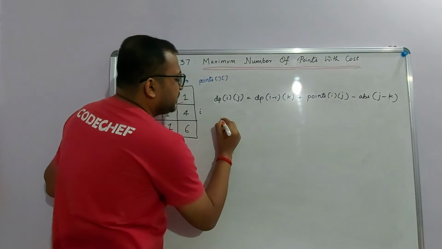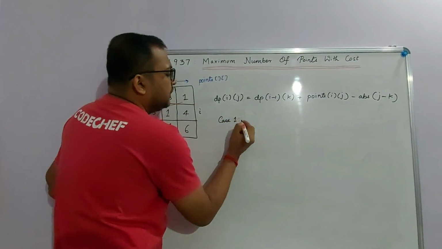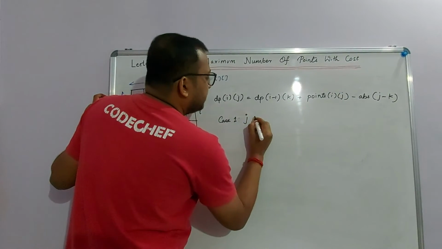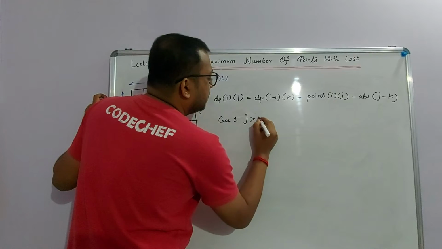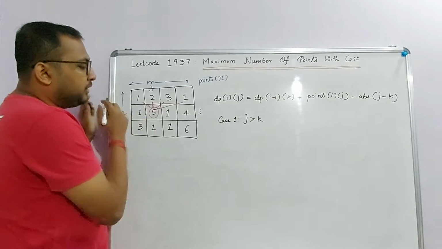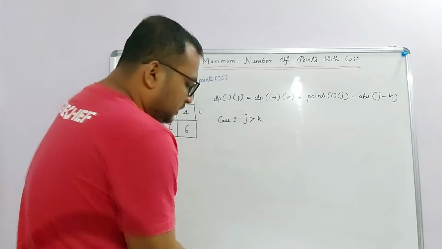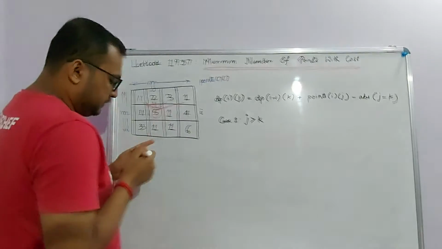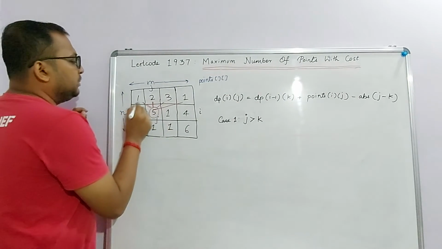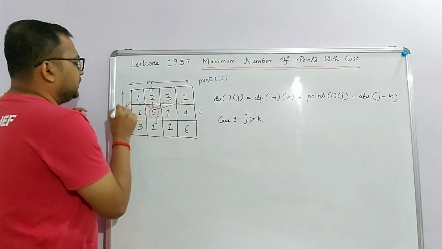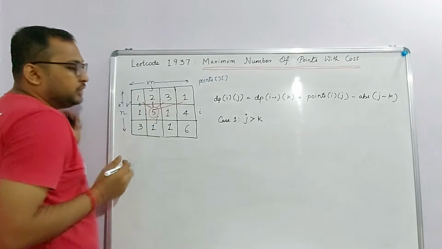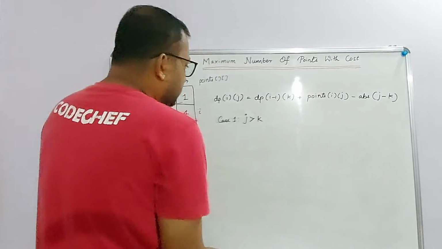So the first observation, we can utilize it from the sub problem 2 that we solved. Let's see, if j is greater than k, so when I am at a particular j, I take all the values that are less than j. That means if this is my j, then these are the possible values of k, all the values before this, all the values that are left of this. So let's see what the equation boils down to.